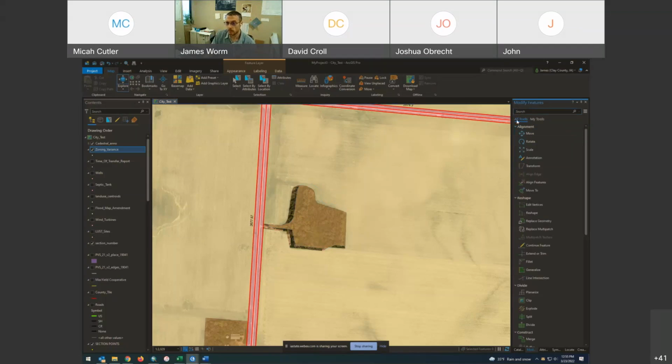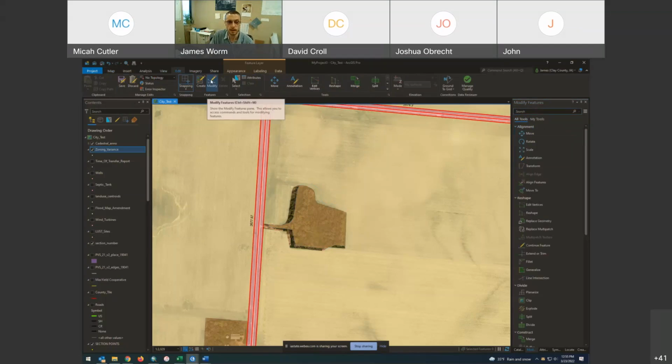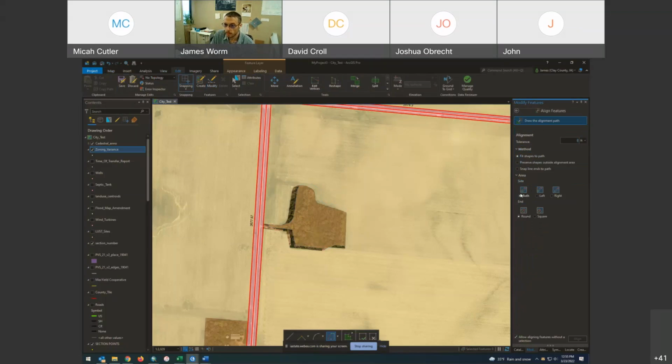You can go in. So right now I got this modified features from up here in the edit tool. You can go and hit modify, and this brings up all of your editing tools. So if you look right here under alignment, they have an alignment feature. And so I am simply going to click this that follows it. And so I know the green's right. So if I just see if I can get it to